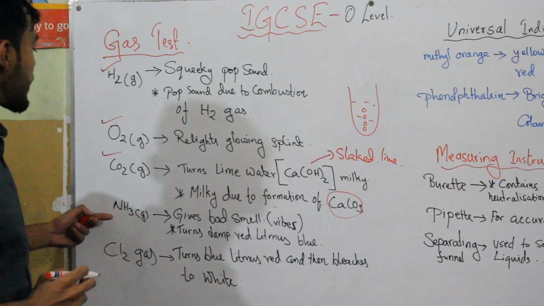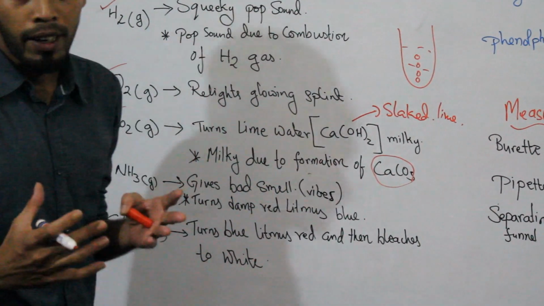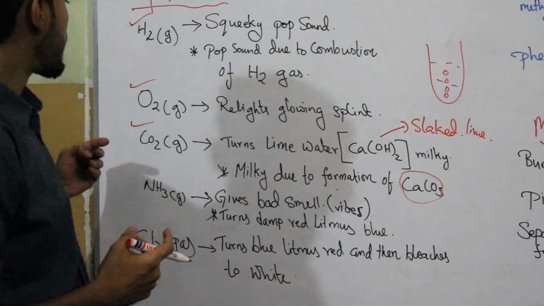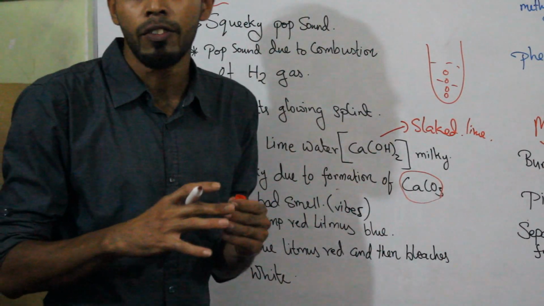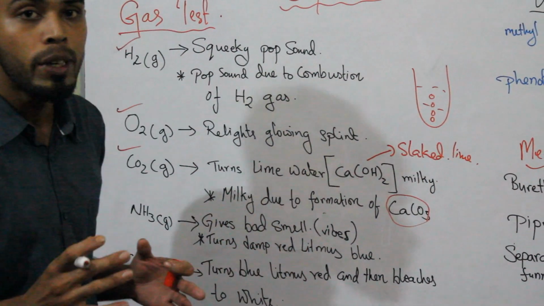Okay. Now the next gas is ammonia. Ammonia gives a very bad smell, a very strong acrid smell. None of the gases like hydrogen, carbon dioxide, oxygen or chlorine give any smell. It's only ammonia that gives a